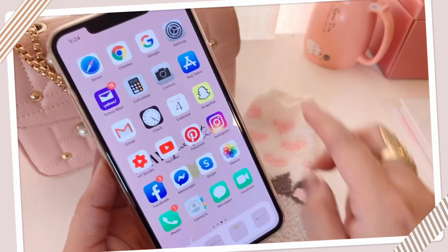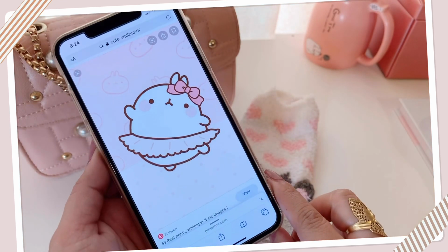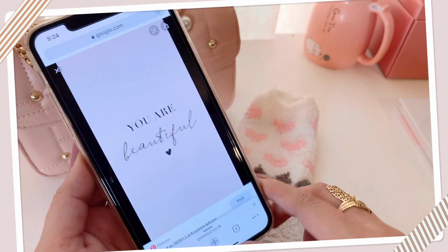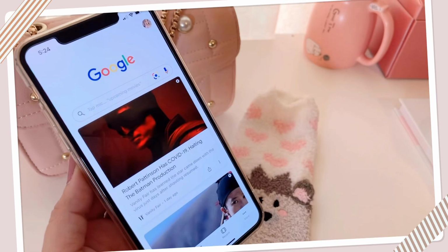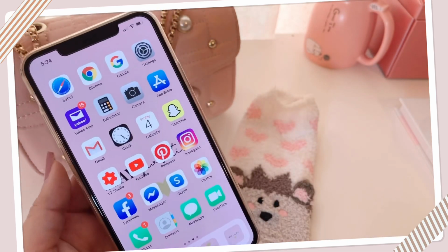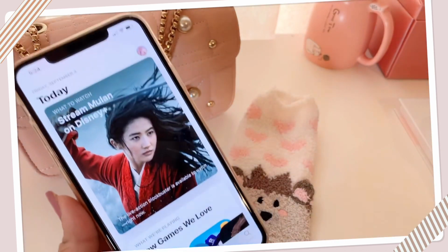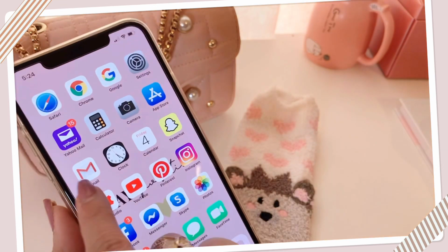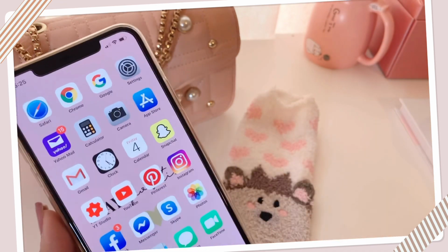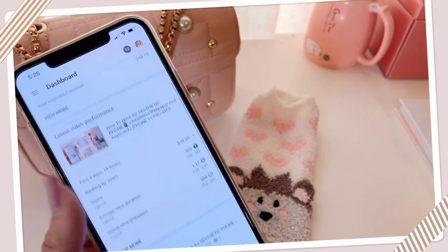So on the top, I have all my search apps. I have the Safari, and then I have my Chrome. I have Google, then I have this setting right there, and then I have Yahoo Mail, calculator, camera, and App Store. And then I have my Gmail, clock, and then the calendar, Snapchat, and then I have my studio, YouTube Studio,